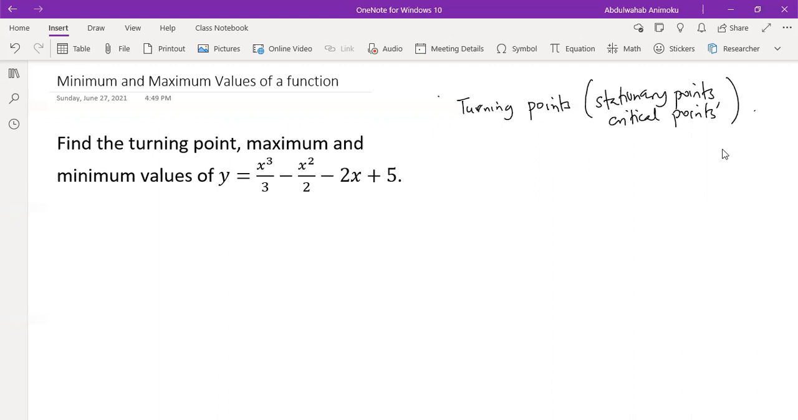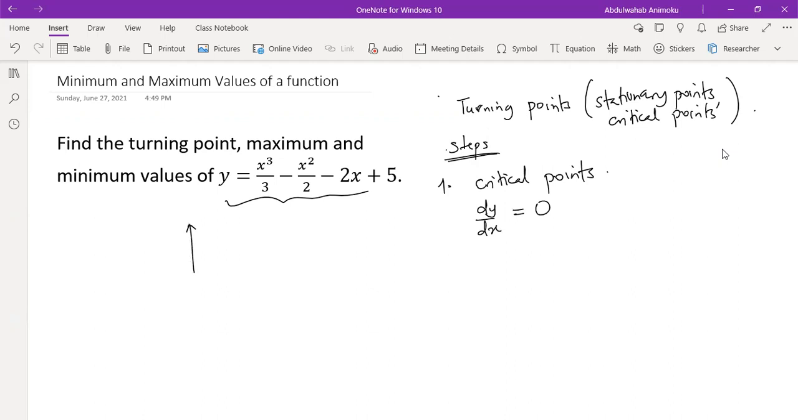For us to find the minimum or maximum value of this function, there are several steps that you need to follow. The first step is to take the derivative of the function to find the critical points, and then we classify these critical points later on. So to find the critical points, you find the derivative of the main function with respect to x, and we equate this derivative to what? 0. Because if they are turning points, we expect the derivative to be 0